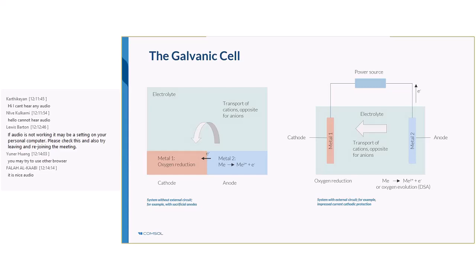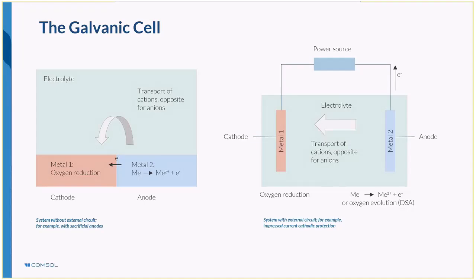This process can be represented across a range of length scales, so we could be interested in large-scale modeling of tens to hundreds of meters for cathodic protection systems, or very small if we're examining the complex chemistry and mass transport influences in a corrosion process, such as pitting or crevice corrosion. What we examine in our cell here is the transport of ions within the electrolyte for the transport of charge, and the transport of electrons in the electrode.